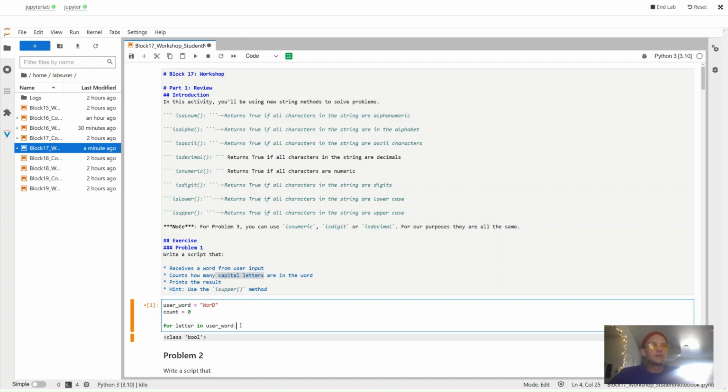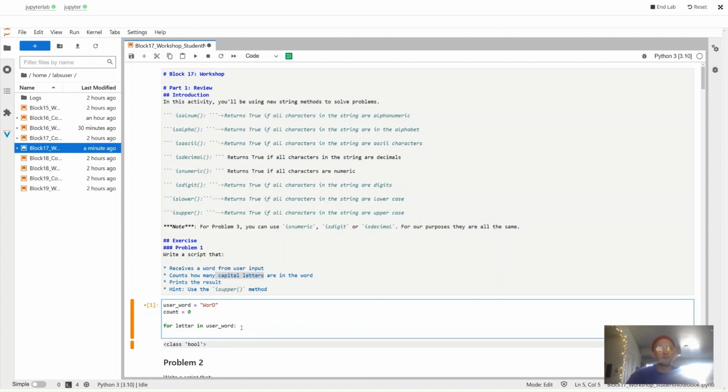And then for letter in user word, that means we're telling the program to iterate through this. So it's going to start here and check it. It's going to go to the O and check it, the R and check it, the D and check it. It's going to check it with whatever we put here in the next line. And we need to ask if the letter is capital or not. So if letter, and we're referencing this variable that we created in place here, if letter dot